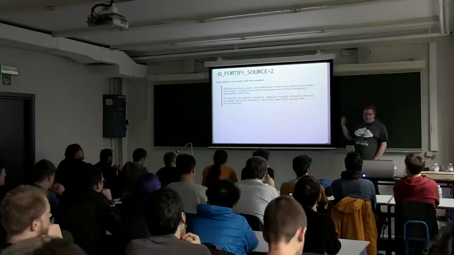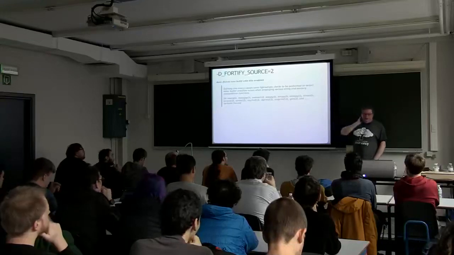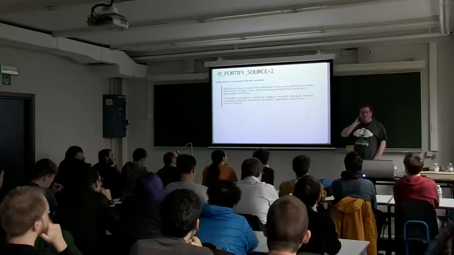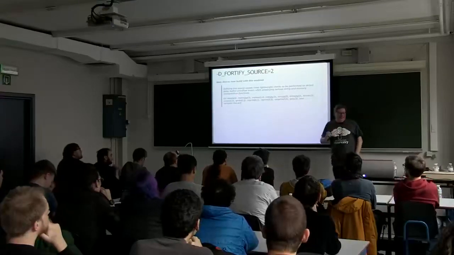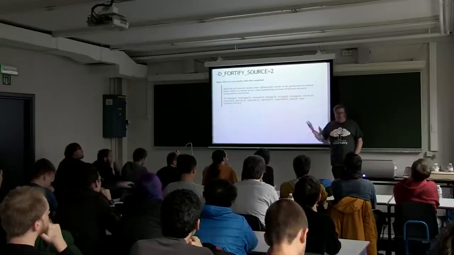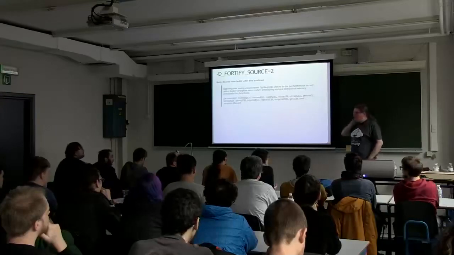When you define that macro, it causes some lightweight checks. Interestingly enough, there isn't that much documentation about it. This is kind of it. Which was surprising, so I hope by this talk I explain a bit more what it really does